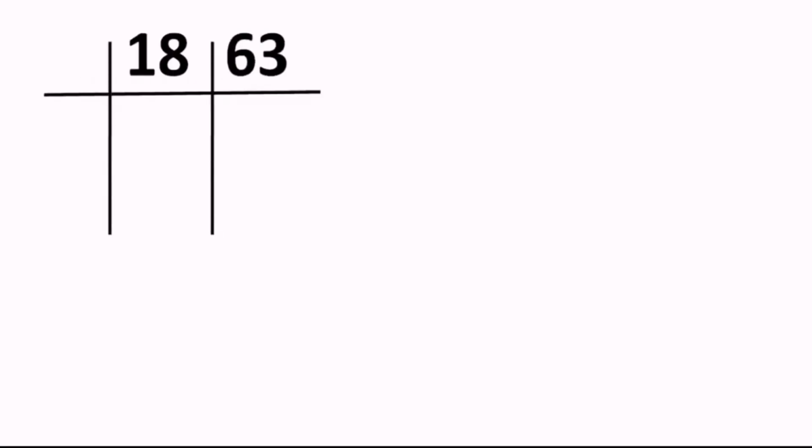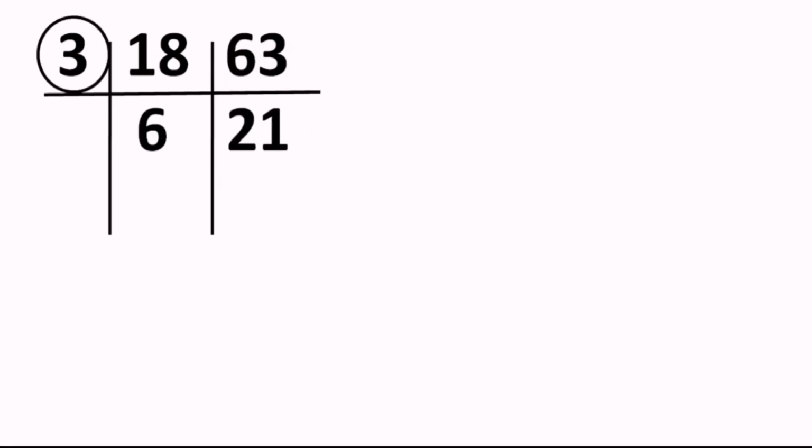Keep it in mind. So let's try one more sum. I mean to say, let's verify it one more time. Numbers are 18 and 63. Very first, the way I told you, we will find LCM also. We will find the GCD also in the same table. Okay. So what we get over here, when you divide 18 and 63, both the numbers are divisible by 3, and I don't think I need to tell you why, right? When you divide 18 by 3, we get the answer 6, and 63 divided by 3, we get the answer 21.